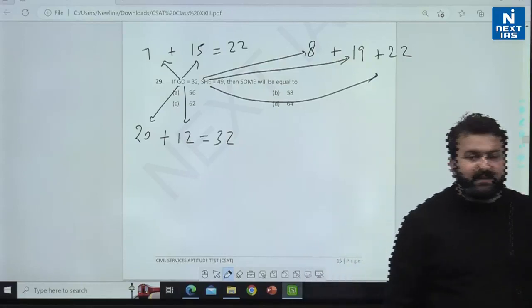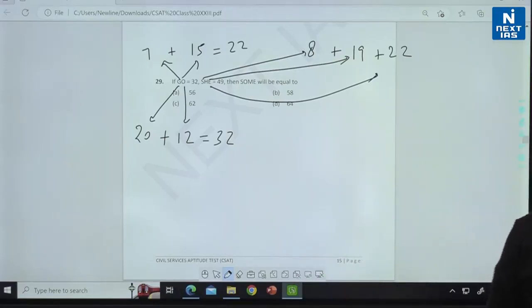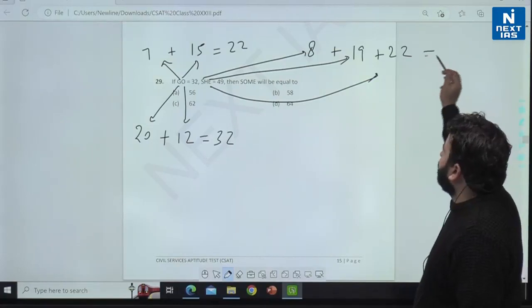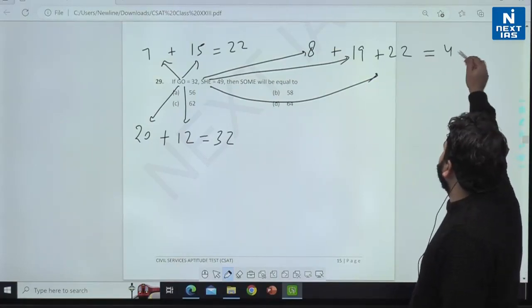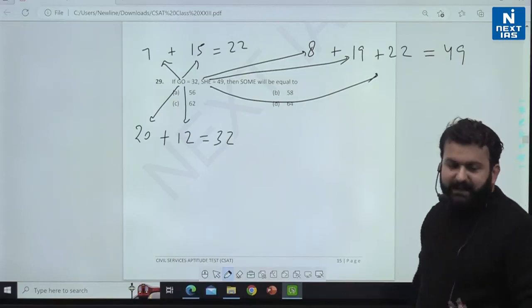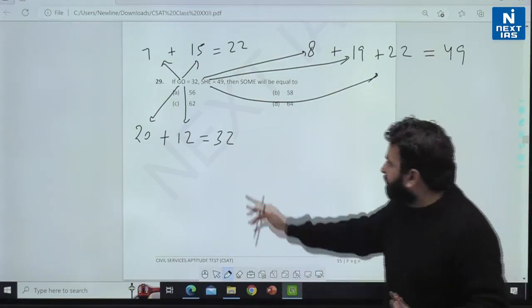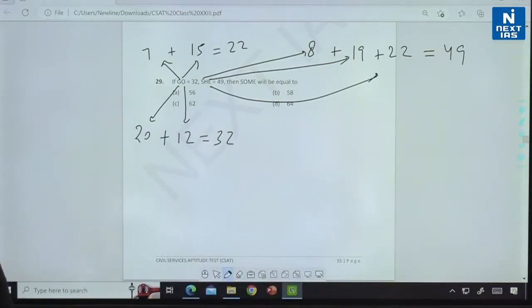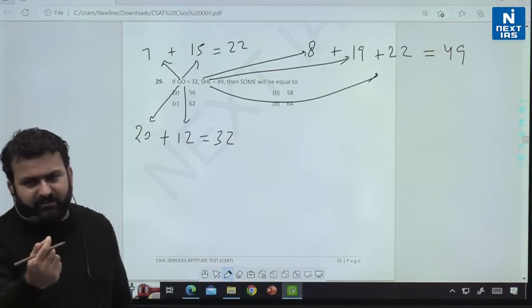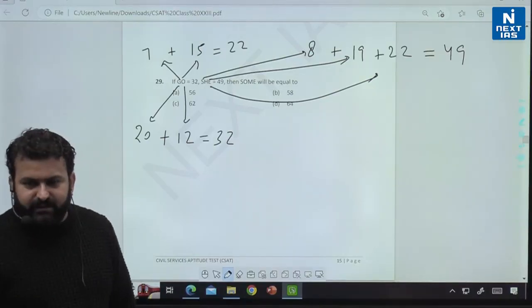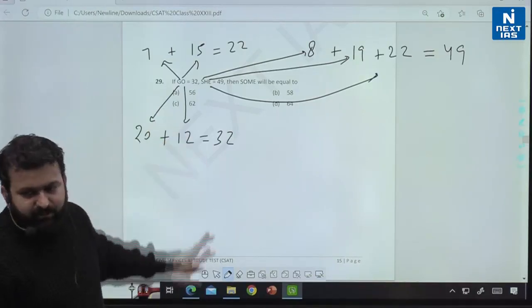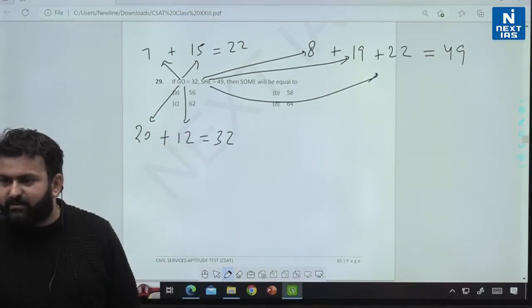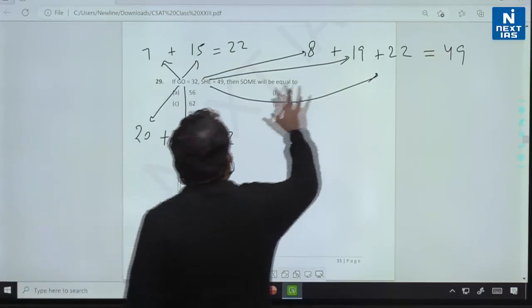See what we are doing, we are just cross checking. So 8 plus 19 plus 22, all of you, you get how much? 27 plus 22, 49. It means yes, this is the pattern. Now you are confirmed. In the first case, G from the right hand side is 20, O from the right hand side is 12, 20 plus 12 we got 32. So the pattern is the position of the letter from the right hand side, and then you add it. You check the same thing for the next word. Now you are getting it.